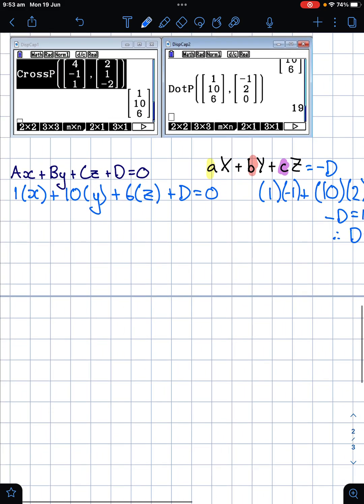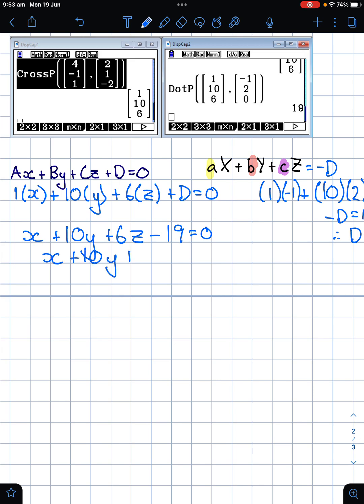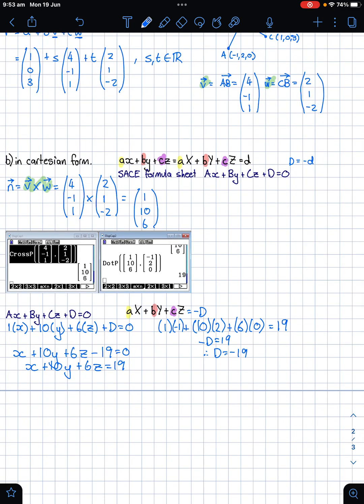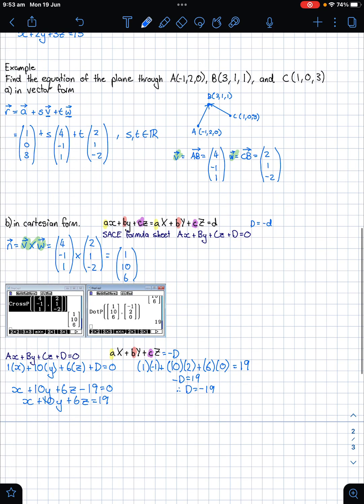And so our equation here is going to be x plus 10y plus 6z take 19 equals 0, or if we're following the textbook, x plus 10y plus 6z equals 19. So that example's all done. Now, I did cut corners by using the graphics calculator, but you may as well, because we need to be quick in